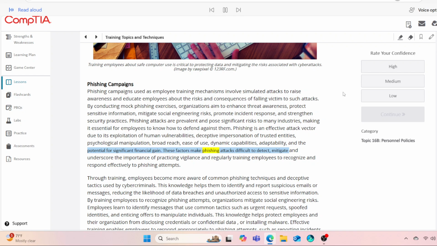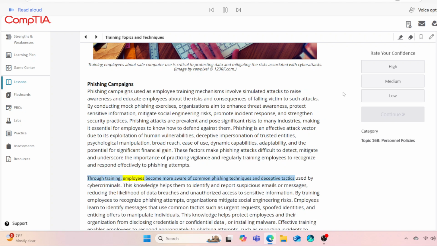These factors make phishing attacks difficult to detect and mitigate, and underscore the importance of practicing vigilance and regularly training employees to recognize and respond effectively to phishing attempts. Through training, employees become more aware of common phishing techniques and deceptive tactics used by cybercriminals. This knowledge helps them to identify and report suspicious emails or messages, reducing the likelihood of data breaches and unauthorized